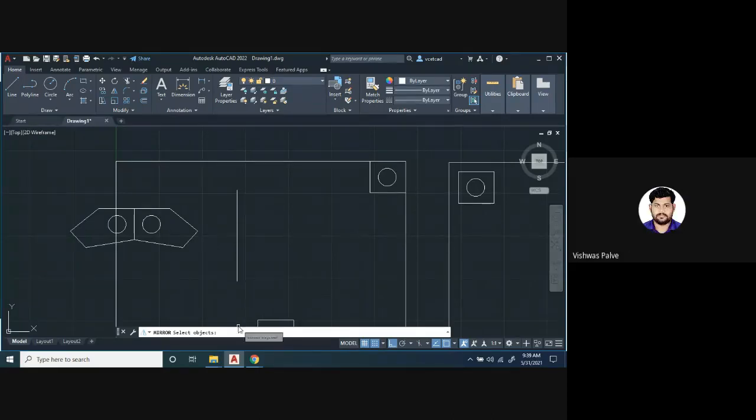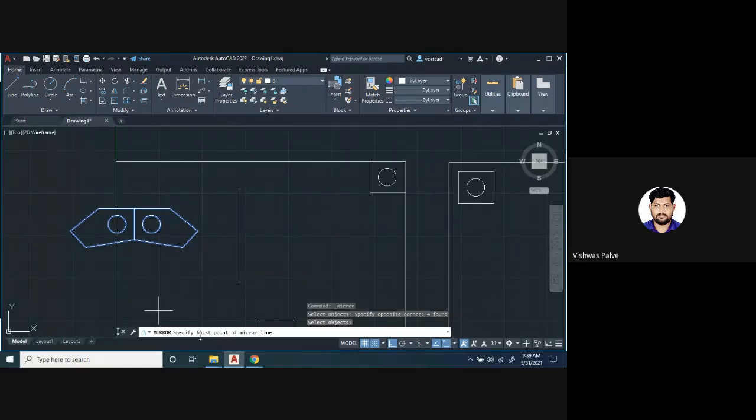Yes, we can drag it from top left so that it becomes a blue color rectangle, right? So if I drag it from here, what will happen? Only the objects which completely lie inside the blue region will get selected. Okay. So once the object is selected, press enter. So all the objects which were there, 4 objects, have been selected.